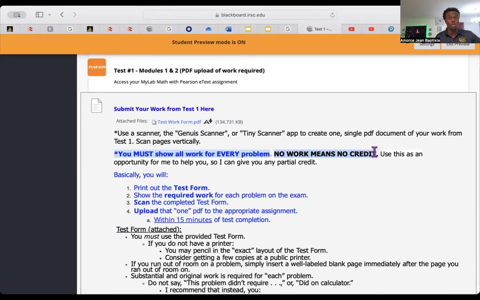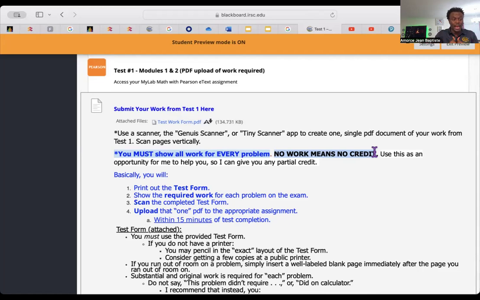If I see no work on your test form, and I know that you should provide work, you did not provide work, even if the answer is correct on your computer, you still don't have credit for this question. We have to make it clear on that.